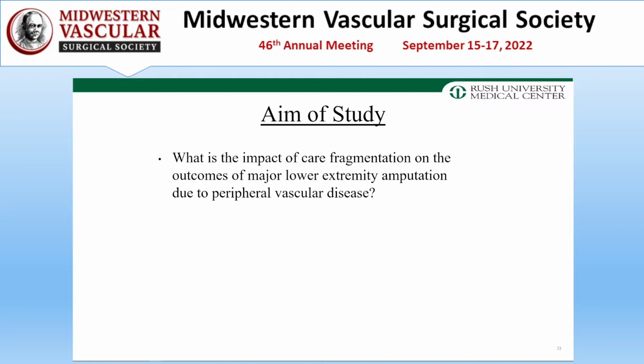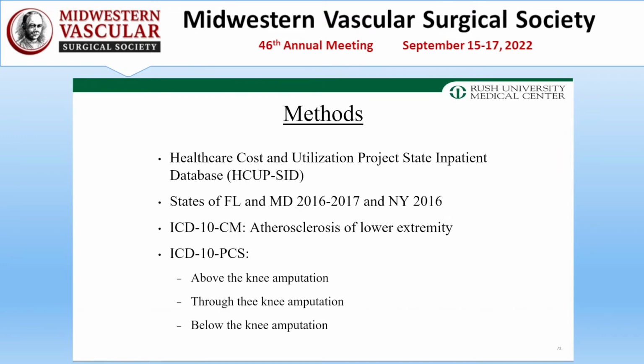Surgeries such as liver transplant and major cancer surgeries are typically performed in regions and hospital centers that are more specialized, necessitating that patients travel further distances for their procedures, which validates some of the fragmentation that occurs in those specialties. However, we studied the impact of care fragmentation on the outcomes of lower extremity amputations because these procedures are more likely to be performed in centers that have already been following the patients.